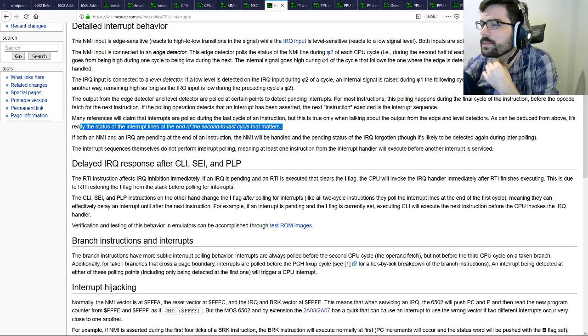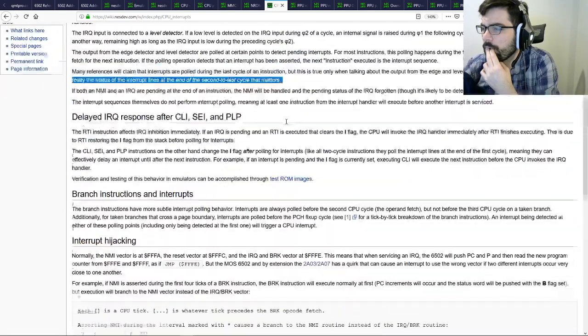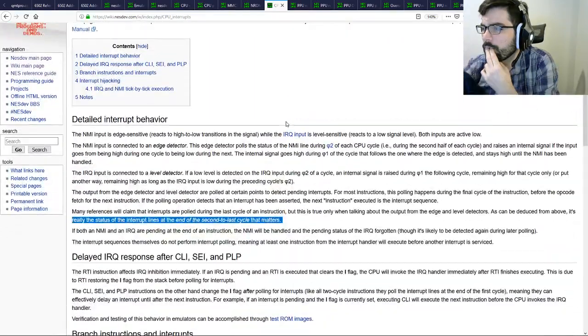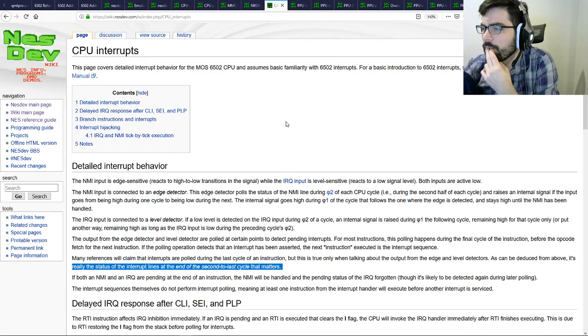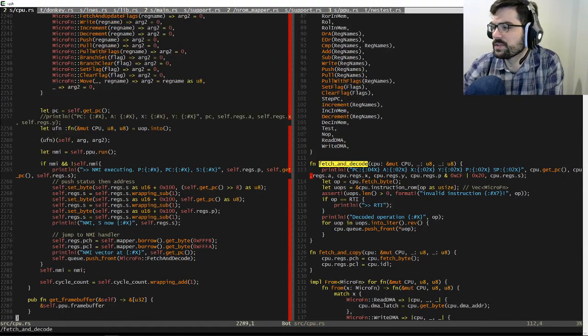It's really the interrupts at the end of the second to last cycle that matters. Well, how am I supposed to know what the second to last cycle is? Ugh. This is very annoying. Whatever, I'm just going to move it to fetch and decode and see if that helps.